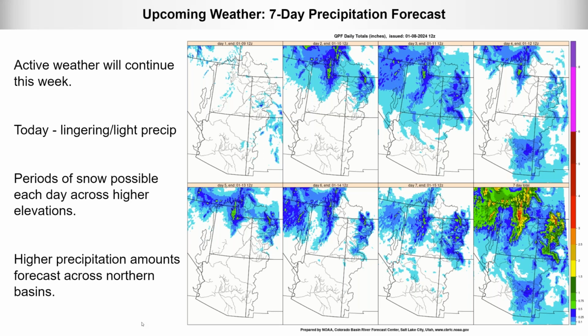So looking at upcoming weather, this is the 7-day precipitation forecast. We're expecting the active weather to continue this week. This is a graphic from our webpage showing daily precipitation forecast amounts for the next 7 days. So in the upper left, this is today. We are expecting some lingering light precipitation. Not a whole lot there. It's kind of a transition day before we get the next storm system moving in. So this is